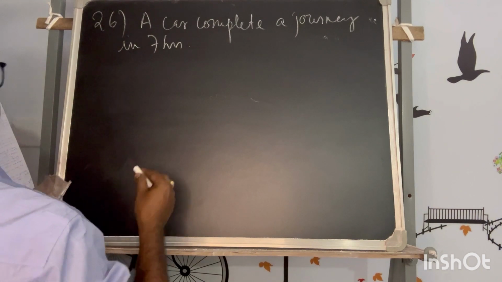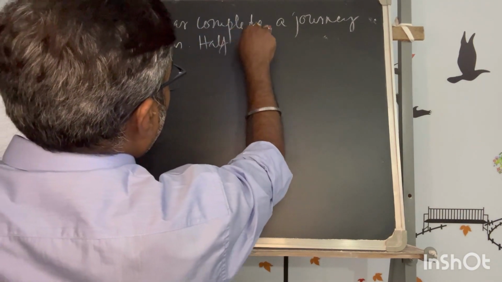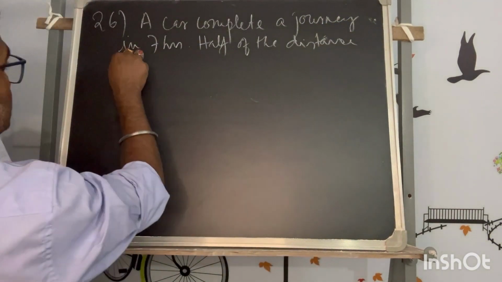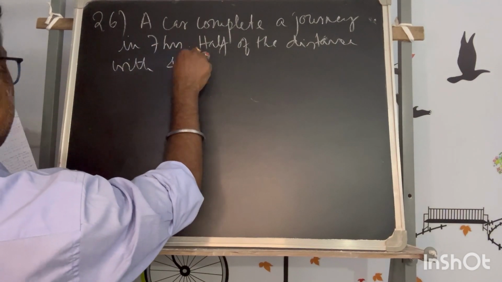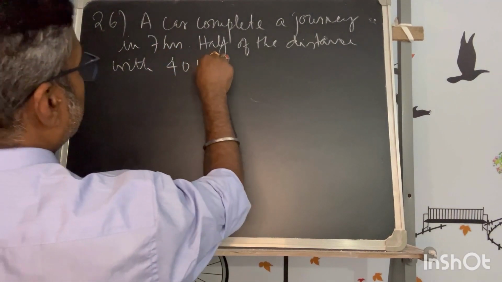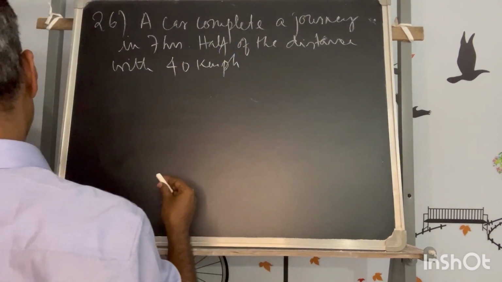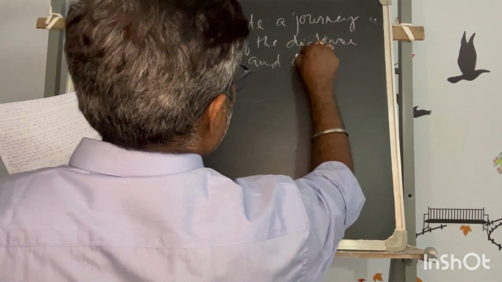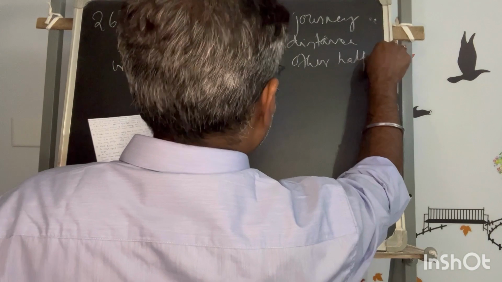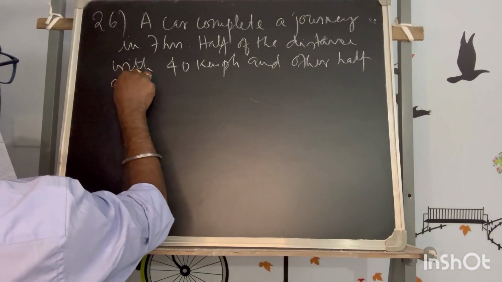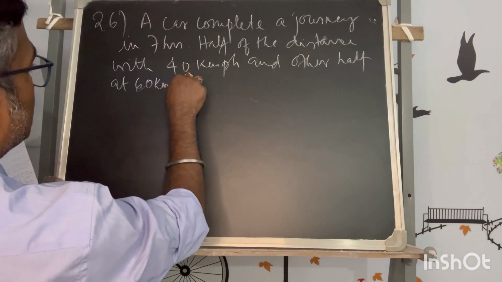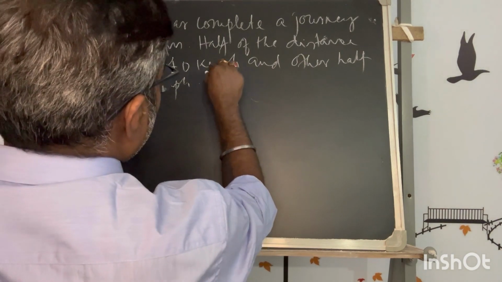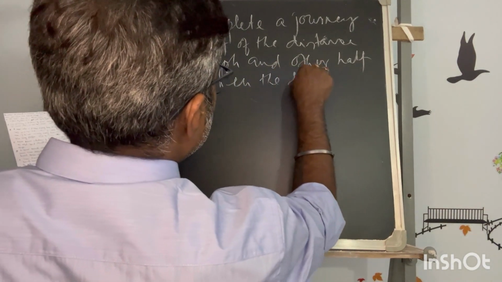Half of the distance with 40 kilometer per hour, and the other half at 60 kilometer per hour. Then the distance